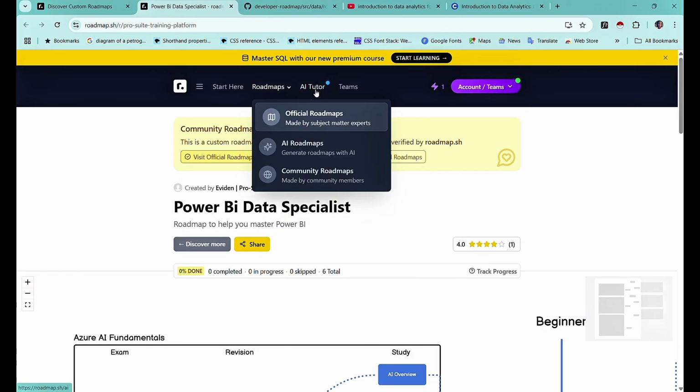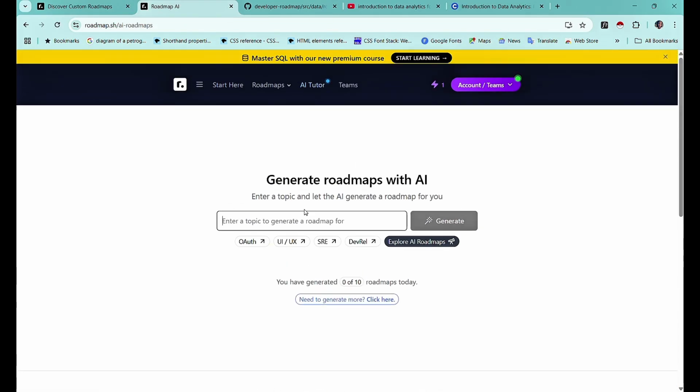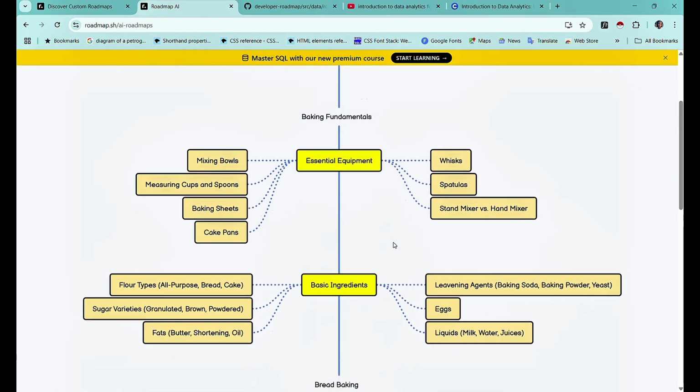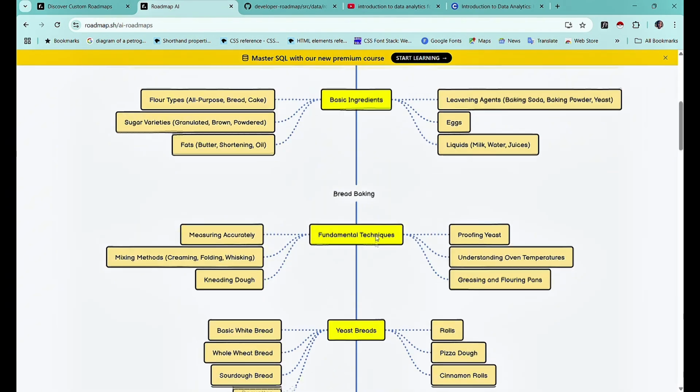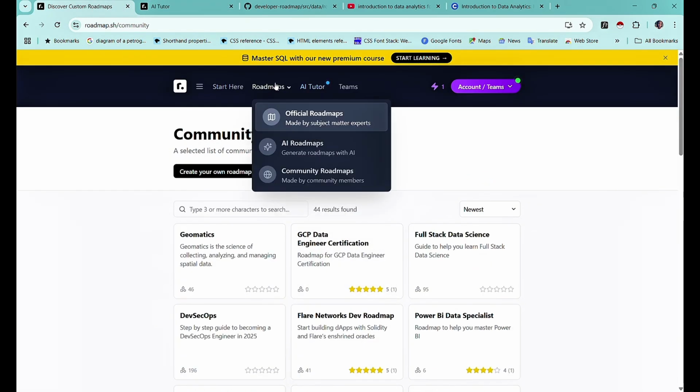I also noticed that with the AI roadmaps, you can even generate non-tech stuff. So let's say I want to learn how to bake, for instance, and I do baking and I generate a roadmap. Okay. It then gives me a roadmap on baking. So if you're just looking for roadmaps on tech stuff, being a developer, data analyst, cybersecurity specialist, this is a really good place to start off. This isn't just for data analysts or developers. It's a game changer because it gives you a structured plan without any form of confusion.